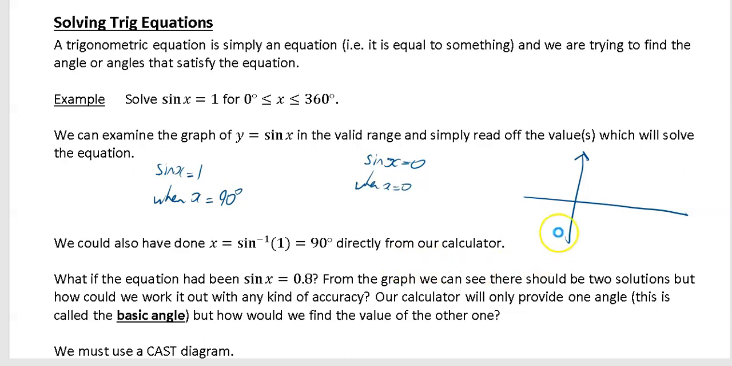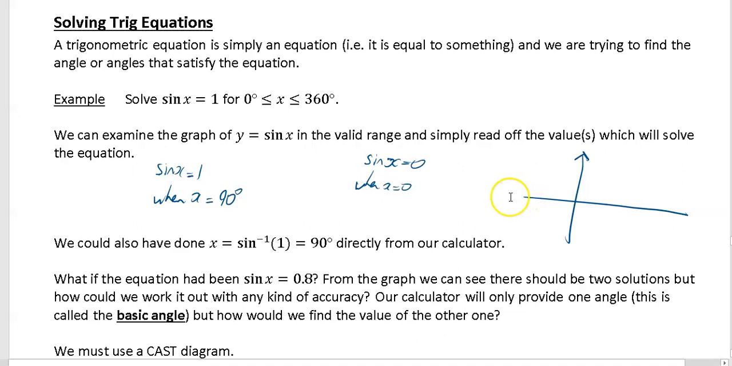Now let's look at our CAST diagram. 0 is over here, so sine x equals 0 over here. It's also going to be equal to 0 in the opposite place, so over here, and what this represents would be either 180 degrees or minus 180 degrees. So sine x equals 0 when x equals 0, or x equals minus 180 or positive